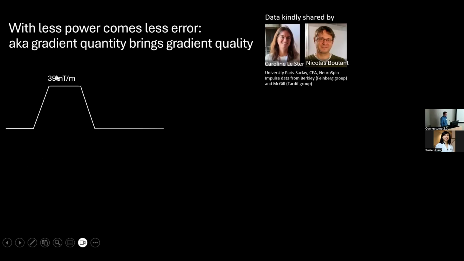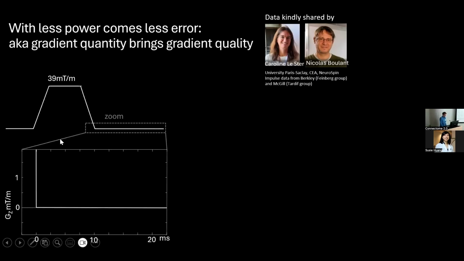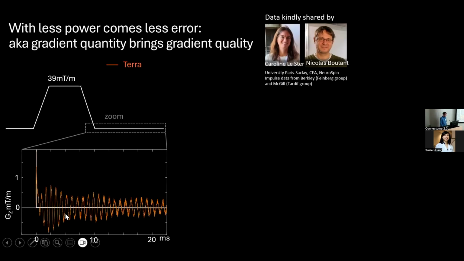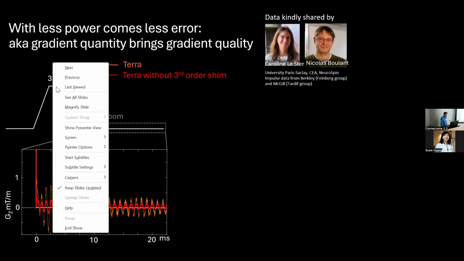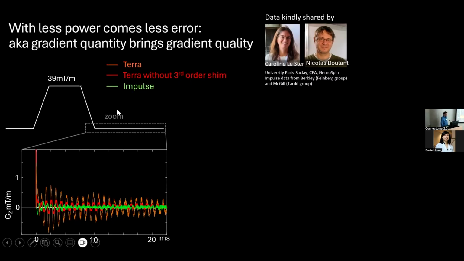When you can play out a conventional dummy trapezoid of 39 millitesla per meter, if you do this on a Terra X scanner and look at this after a ringing period, you get these ringing artifacts, right? When you disconnect your third order shim, these ringings are highly reduced. However, when you do this same dumbed down trapezoid here on an impulse scanner, this ringing is even further reduced,